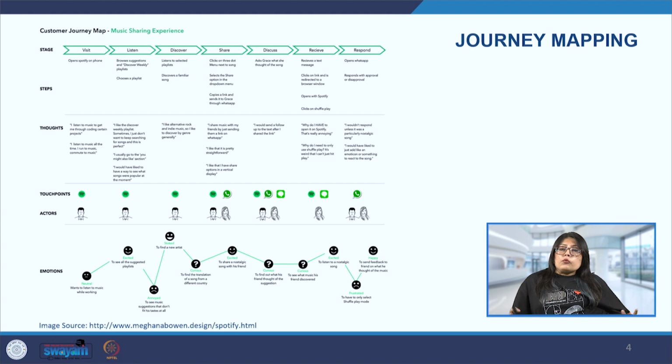So, there is that emotion of anticipation and happiness that she will feel, but at the same time in this particular stage she may have some pain points, which may be that there are too many phones from which to make a choice out of. So, that could be something that may be a bit of a frustration for her, that how do I make the right choice. So now coming to the next stage, which is the research.